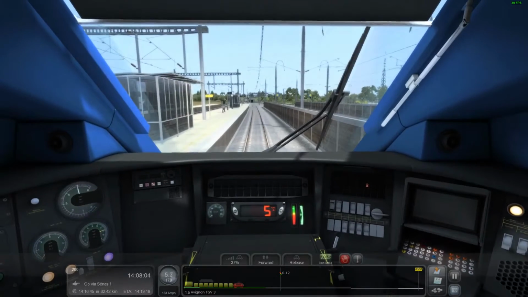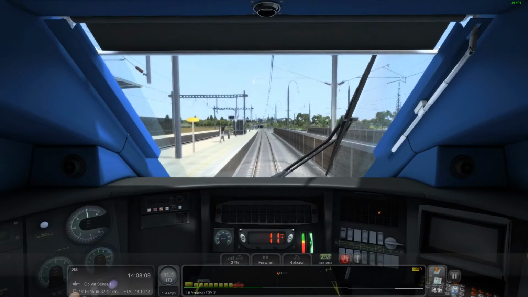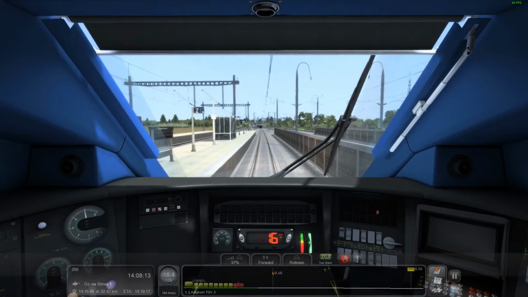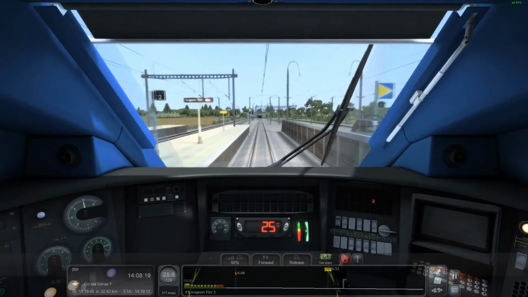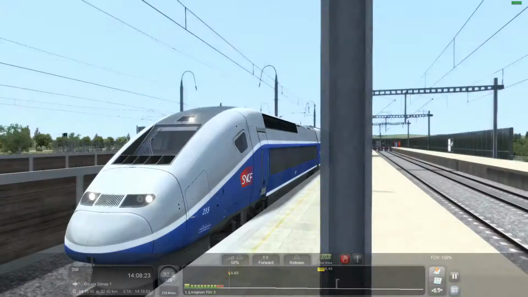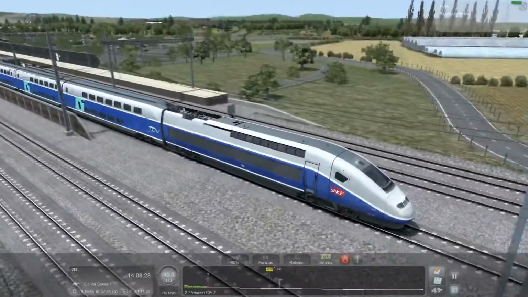I love that sound it makes when it moves off, that rattling sound. Sounds like you just opened the gates of hell. And rightfully so, because this train is savagely fast, as you all know. So we're coming out of Avignon now. I keep wanting to say Marseille because it's Marseille to Avignon, but...